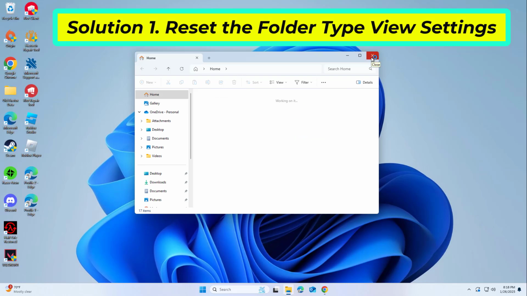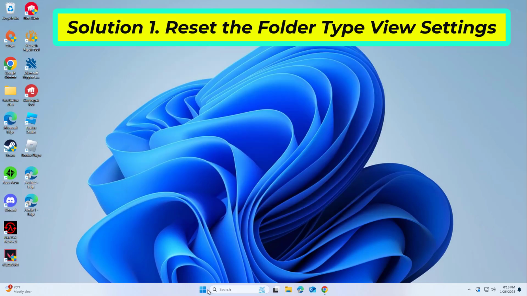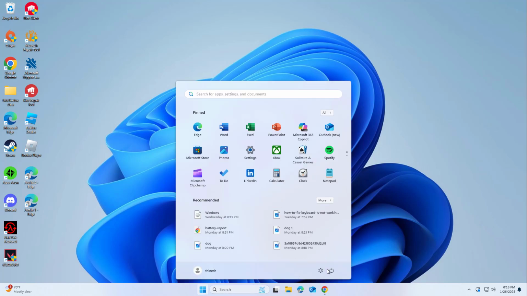Reboot your PC to save the changes. Open Windows File Explorer again. Try to save your preferences once more. Check if Windows remembers your preferences this time. If that didn't work,